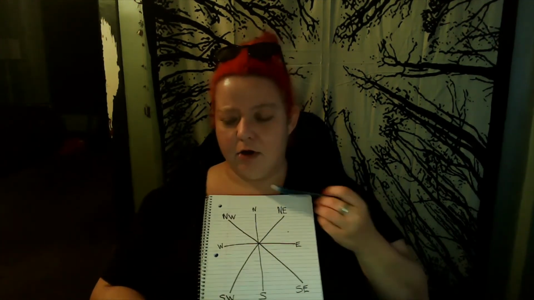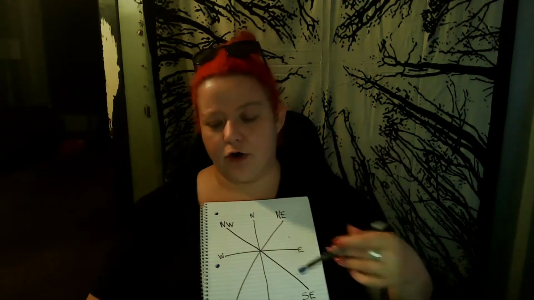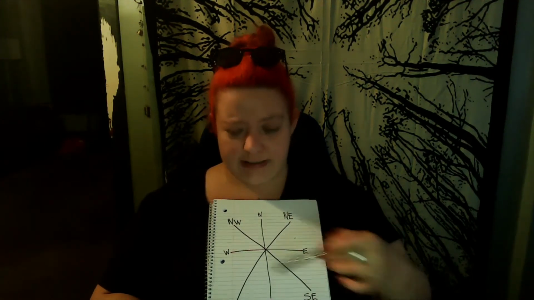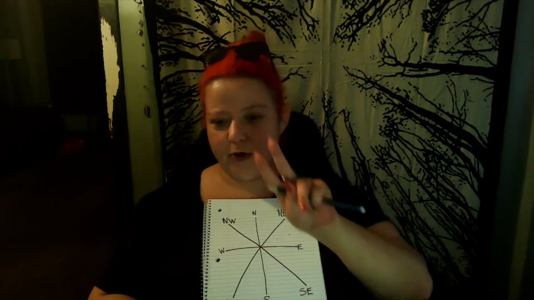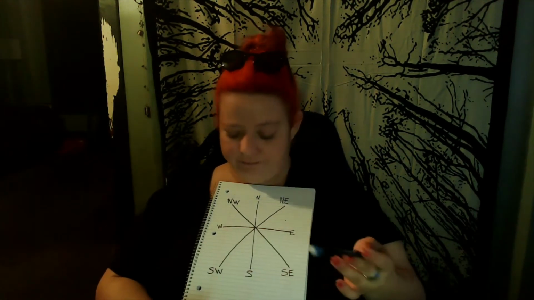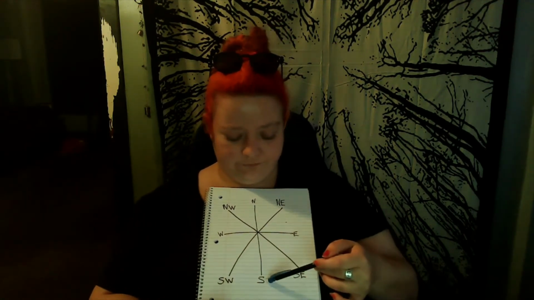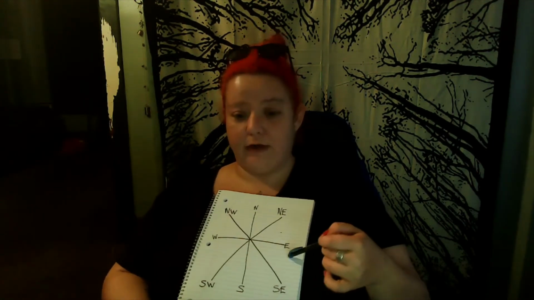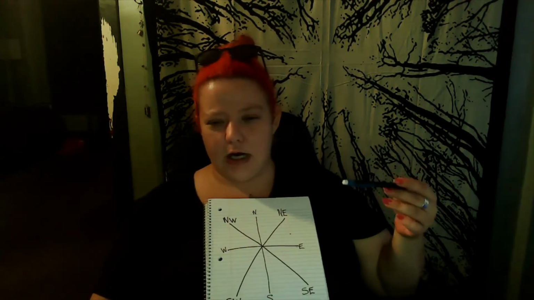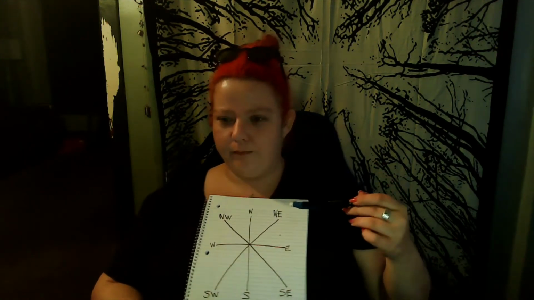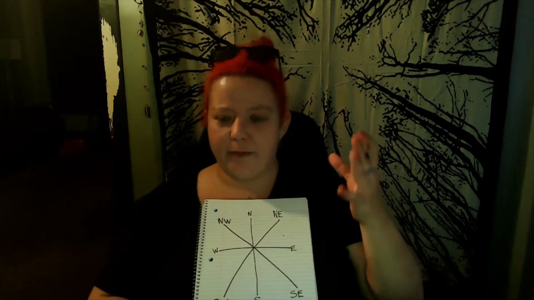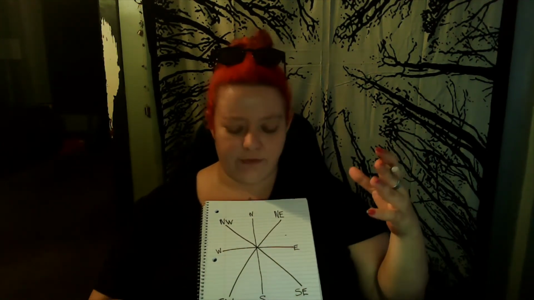So with that being said, normally when you have north, you're going to have either dirt or rocks or something around that nature. So remember, whenever you're doing the in-betweens, you need to have something that represents both of those elements in one. For instance, let's say north and east, right? We've got earth and air. How do I combine earth and air? Well, if you think of different things that can be made with those two, what are they that you can use?